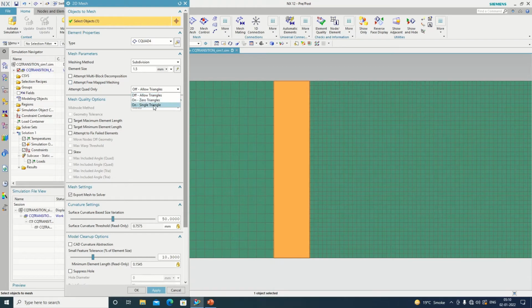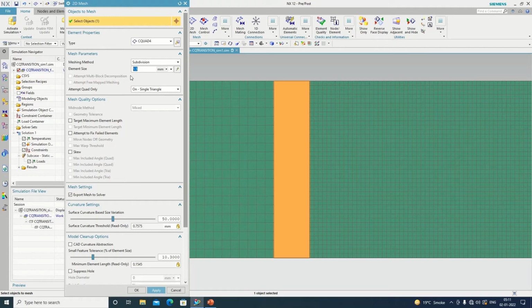It is usually required when the area is not very important from a stress concentration point of view, so it reduces our analysis time.